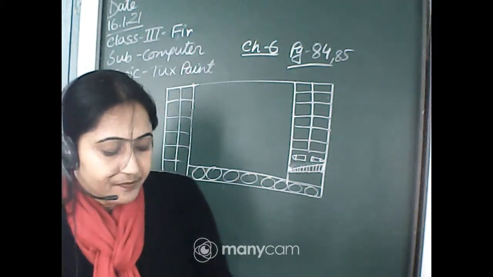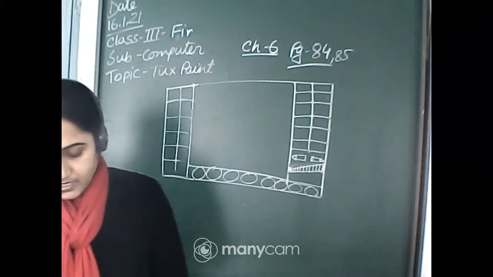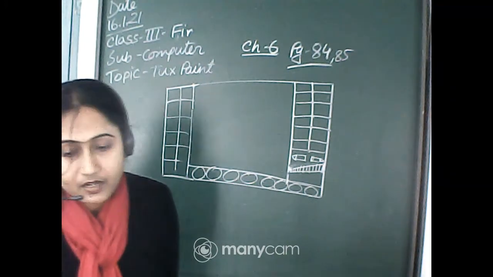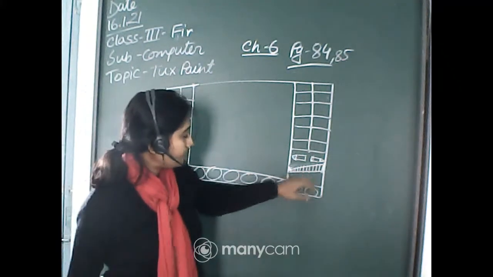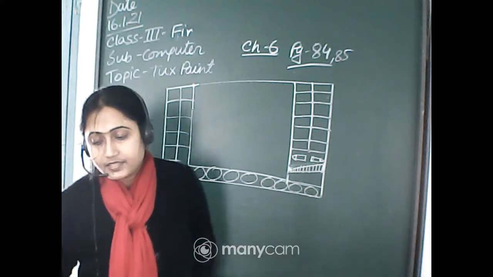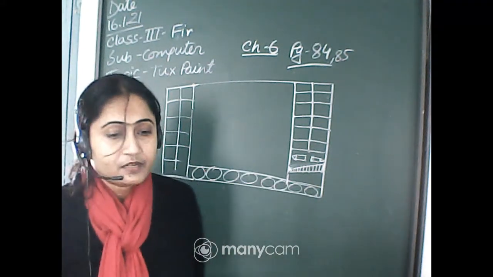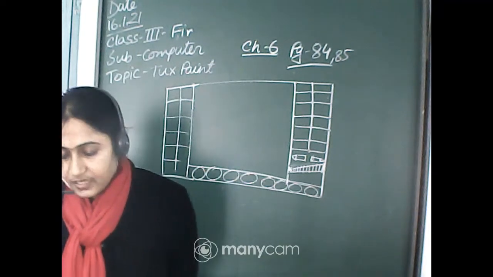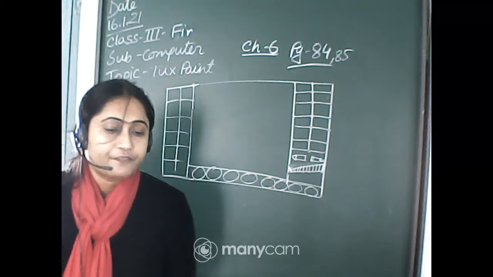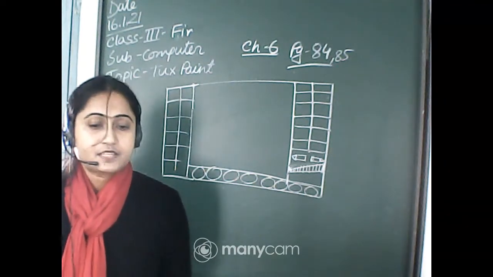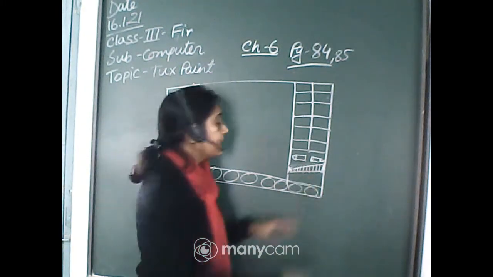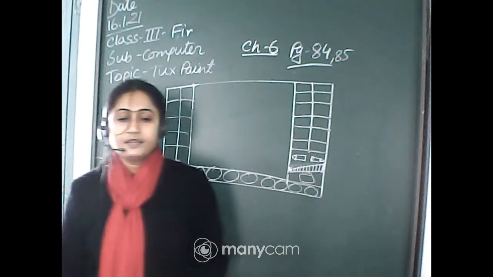And just above the color palette we can also see the mirror image of the selected stamp by using the mirror option. Just above the color palette there is a mirror button. Using the mirror button we can paste the selected stamp beside the previous stamp. We can give a mirror effect to our stamp. It is present here, above the color palette.